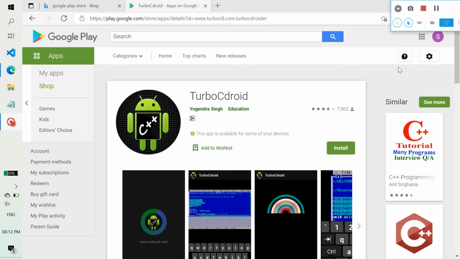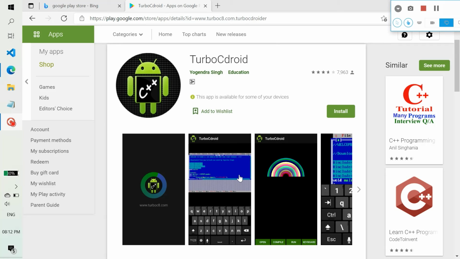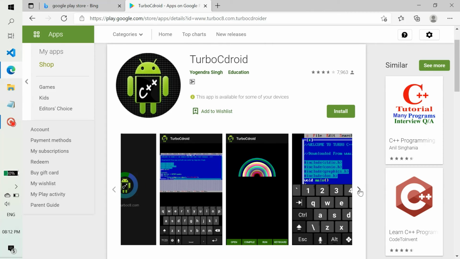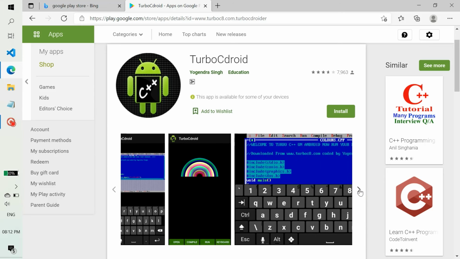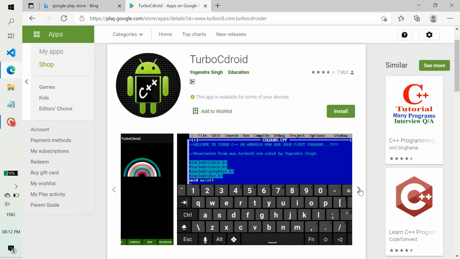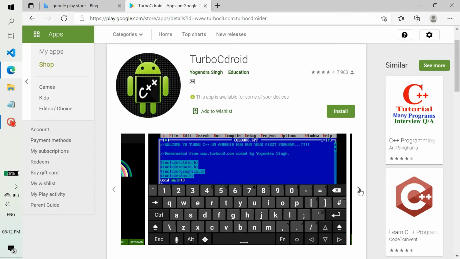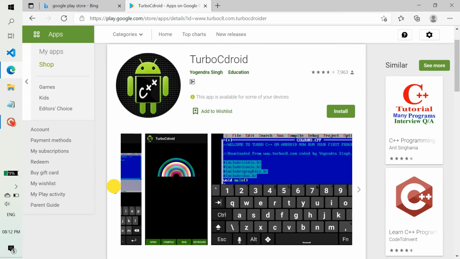The name of this app is Turbo C Droid. This is also a good compiler for C. The most futuristic thing in this app is that they have already given us some examples. So you can learn from that code, and it will give a feel like you are using a laptop or a PC.